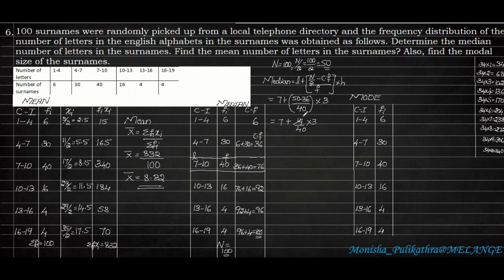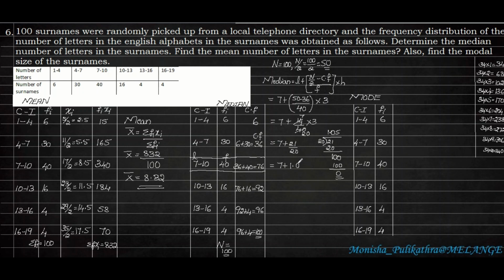So I will be dividing it throughout by 2, that is 2 7s are 14 and 2 20s are 40. Okay, so 7 plus 7 3s are 21 divided by 20. Either we can take the LCM of it or else we can take the division form. So I will be dividing 21 by 20. 20 ones are 20, so 1 remaining. If I put a point, we have to add a 0 here. But 10 is not divisible by 20, so I have to take one more 0 here. Okay, 20 5s are 100. So 21 by 20 is equal to 1.05.